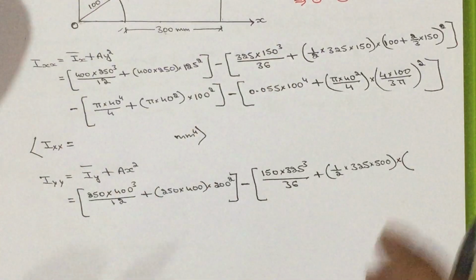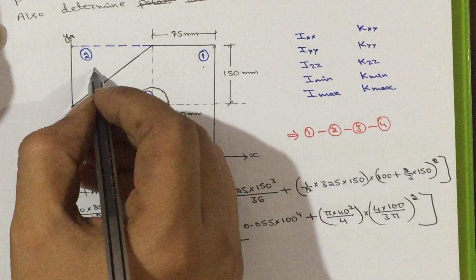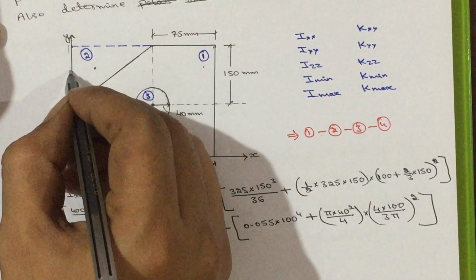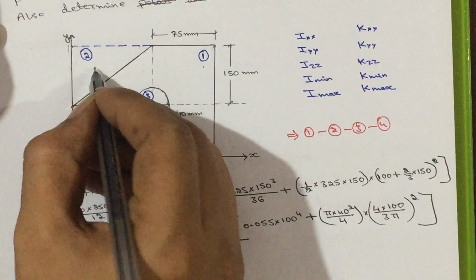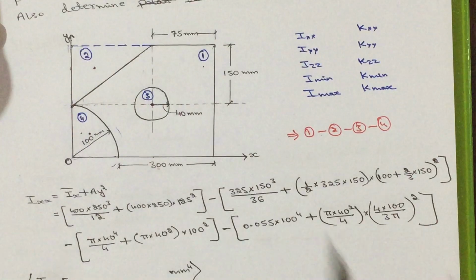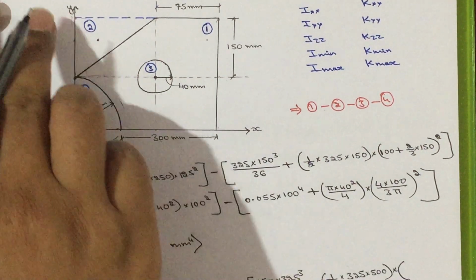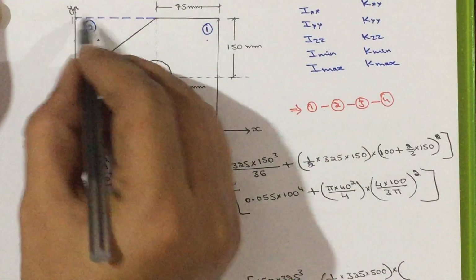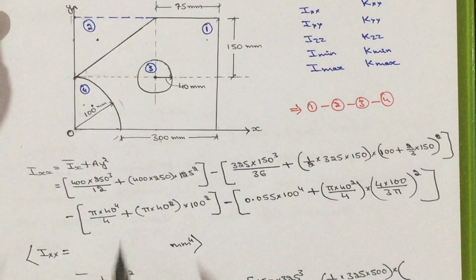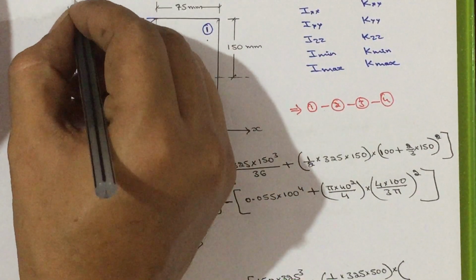Into, here we need x square. The centroid will be here. I need the distance of the centroid from the y reference axis in the x direction, from here to here. It is the base. From the base to the centroid in the triangle is how much? 1 by 3 into the distance. This distance is how much? It is the total we calculated, it is 325. 400 minus 75, it is 325.